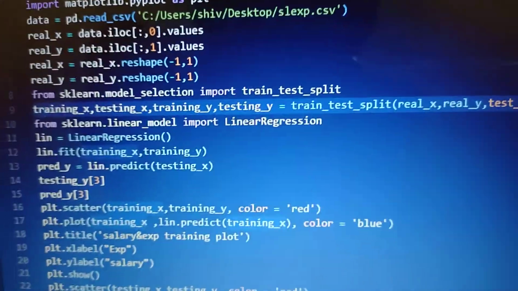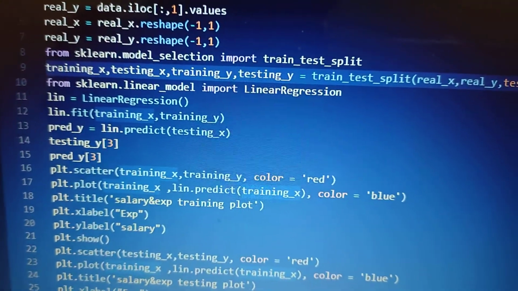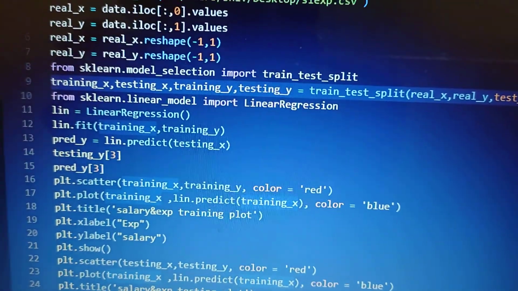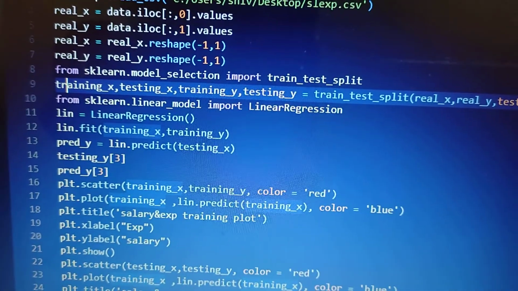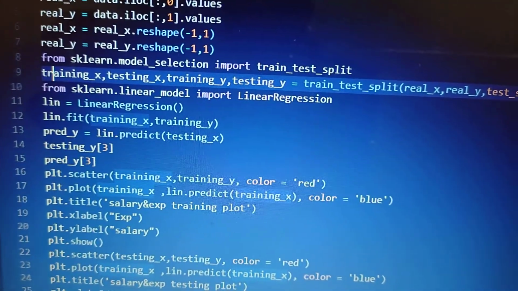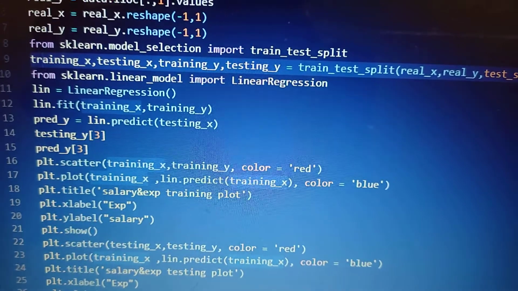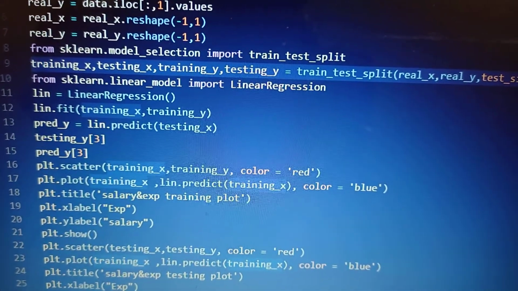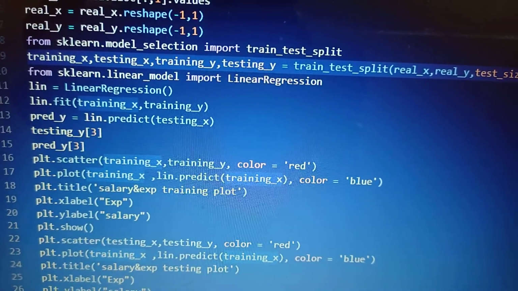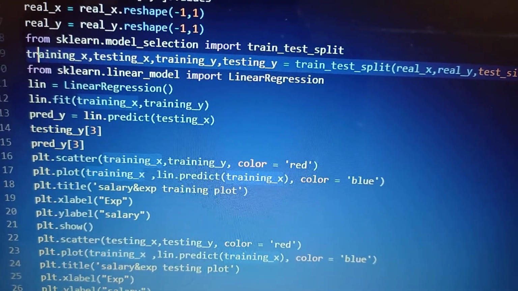Now again from sklearn we are importing our linear regression. From sklearn.linear_model we are importing LinearRegression. Now lin equals the LinearRegression function. Now we fit our training data, which is training_x and training_y.